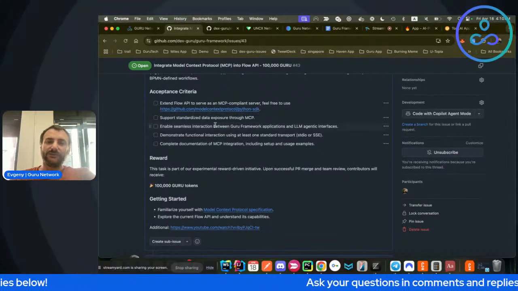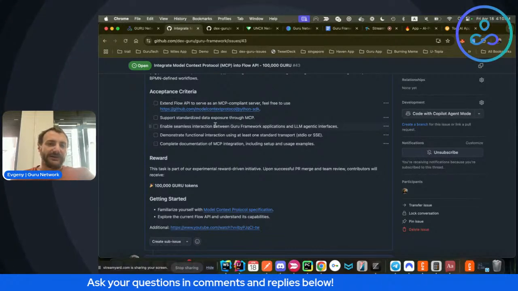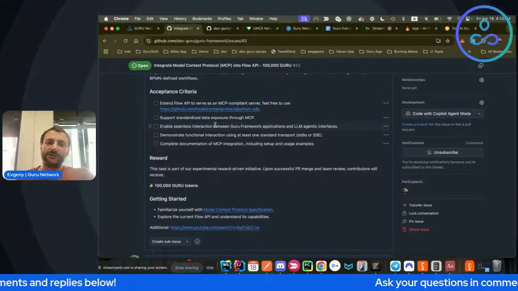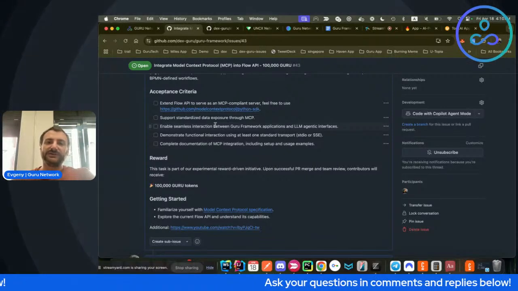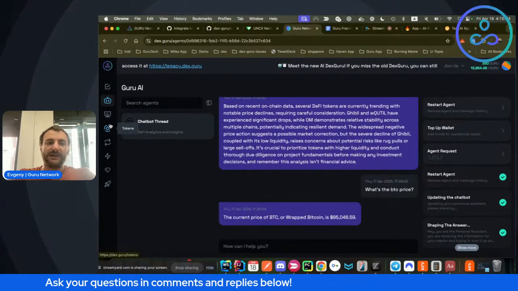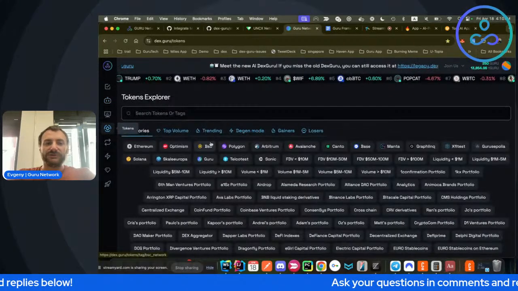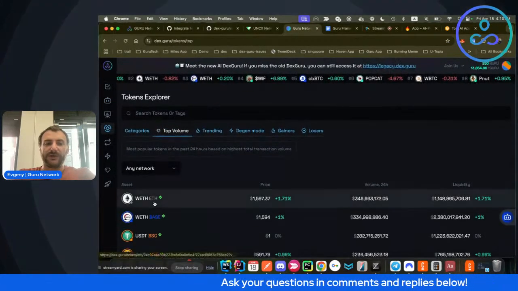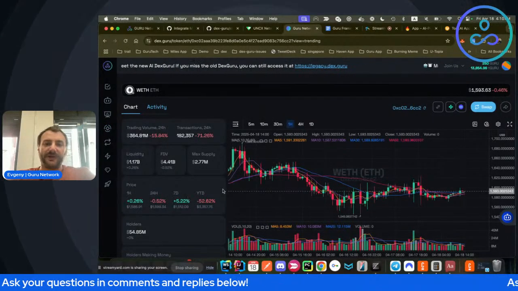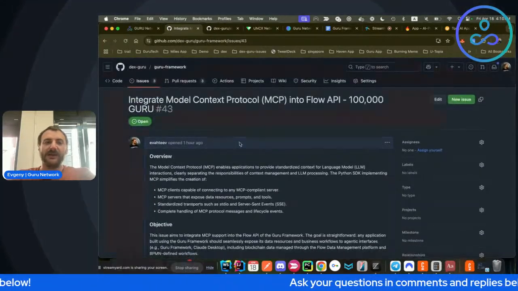So every application which is spun up from the Guru framework would serve as an MCP server. So it would allow other agents to reuse the data of your application. And in the case of DexGuru, for example, Claude Desktop or any other kind of agentic client would be able to use all this data about tokens, about crypto, using the MCP protocol because it's been exposed as part of the framework.